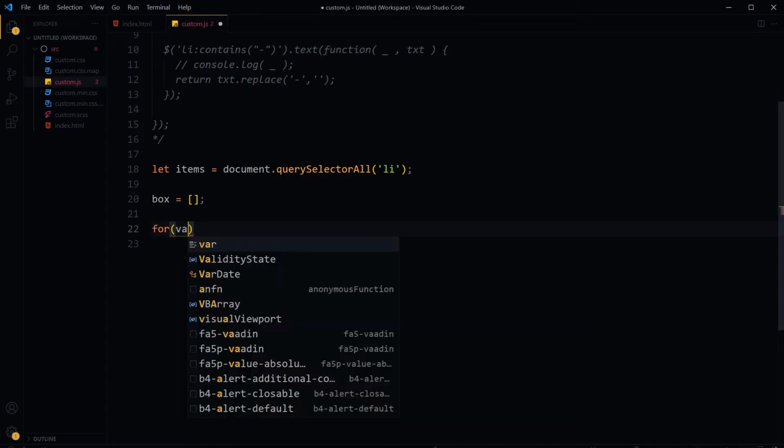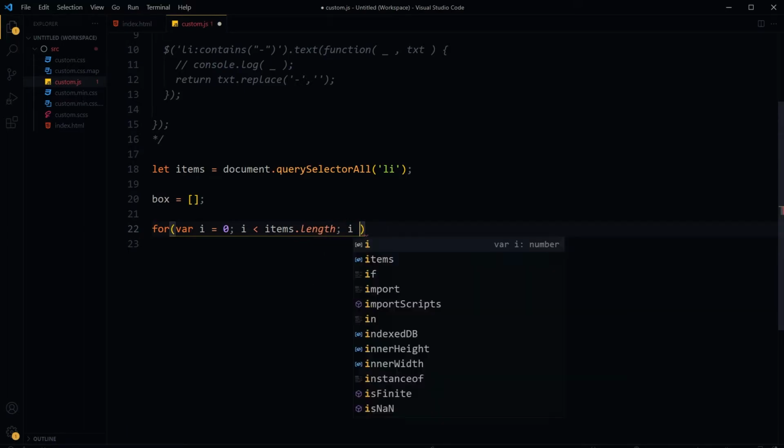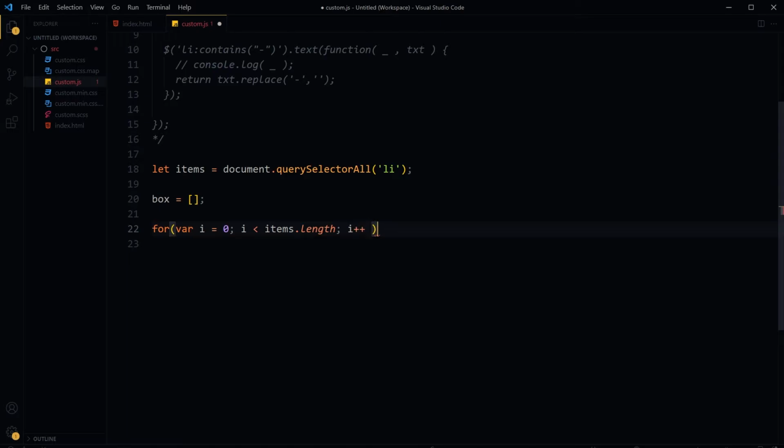Then for var i is equal to 0, i is smaller than items dot length, i plus plus.